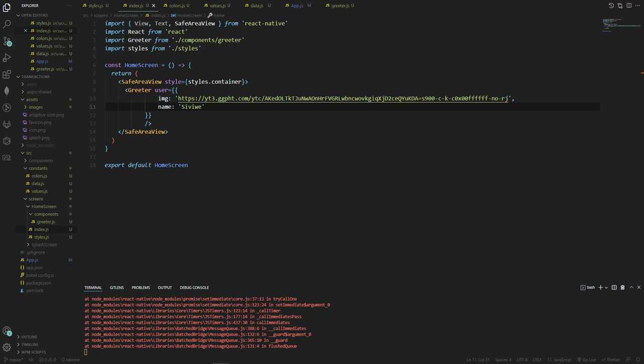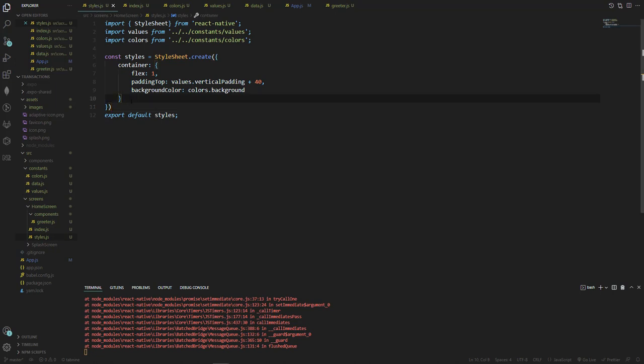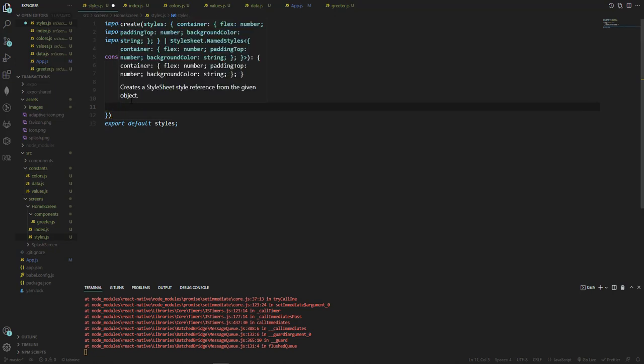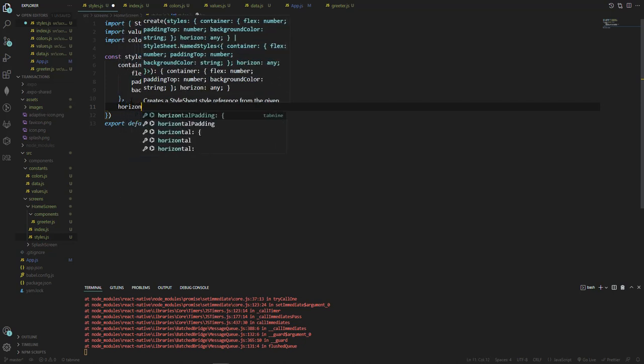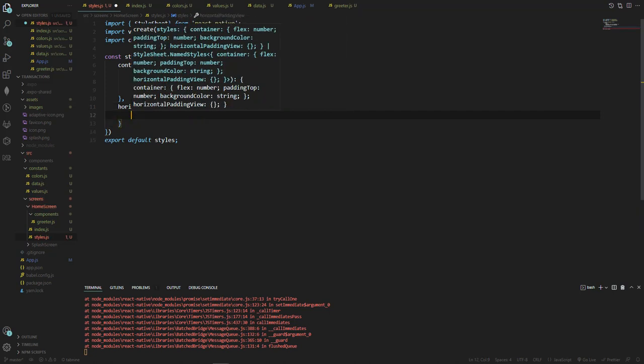Okay, to do that we need... so there's this over here. If I go to values, okay, we don't have that. Okay, so let's go to styles and create another style called horizontal. Okay, let's call it horizontal padding view. Horizontal. All right, and